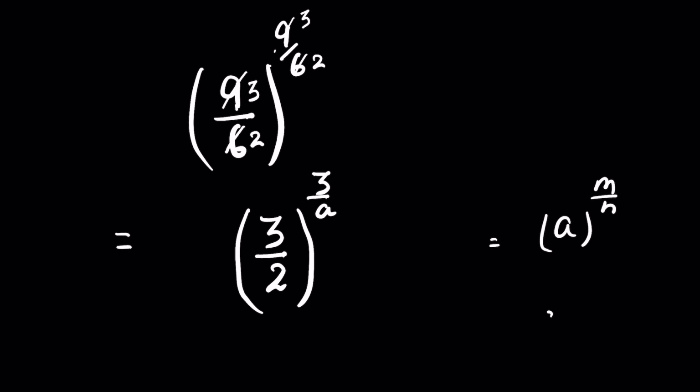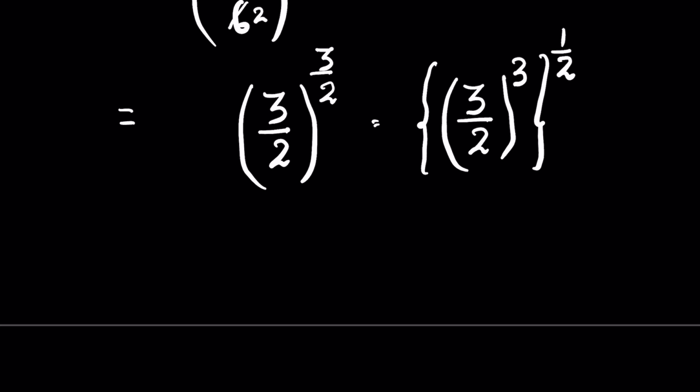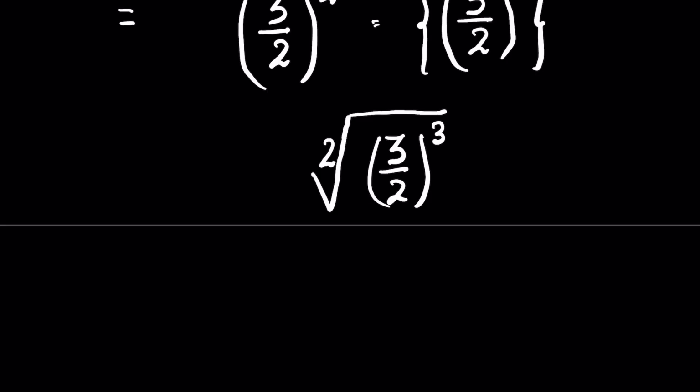And this we can write as a raised to the power of m, whole raised to the power of 1/n. So this we can write as (3/2) whole raised to the power 3, then all raised to the power of 1/2. Now 1/2 in the exponent means square root. So (3/2) raised to the power 3 under square root,